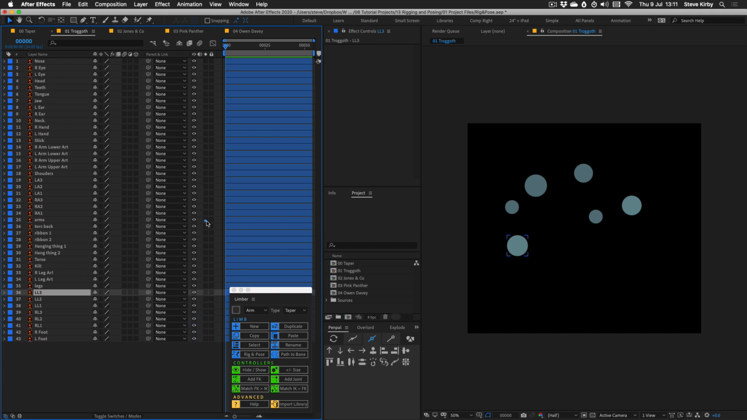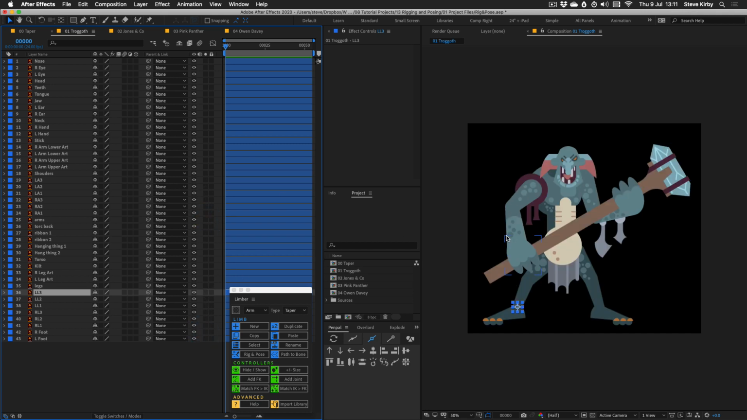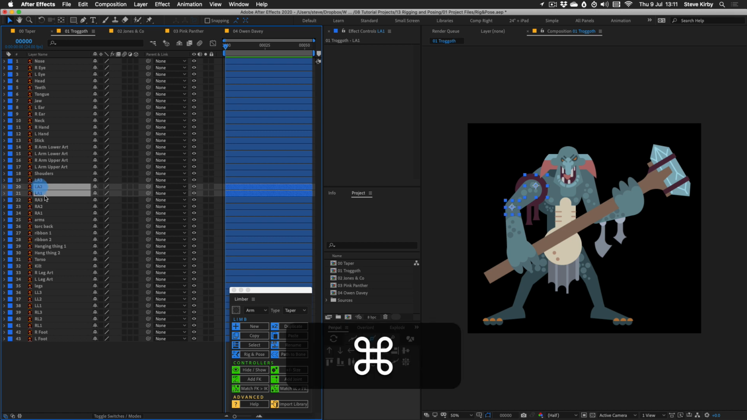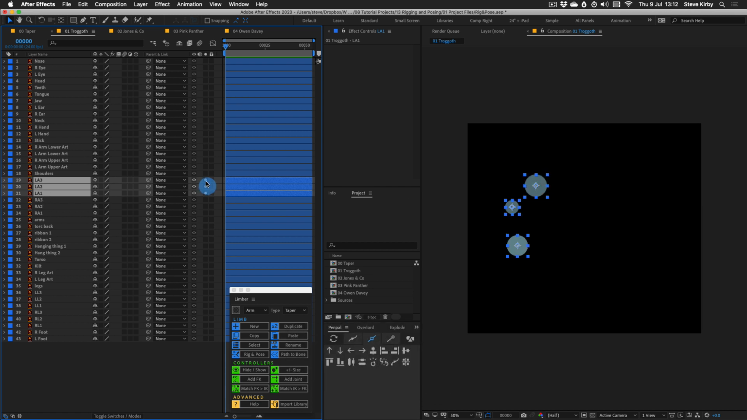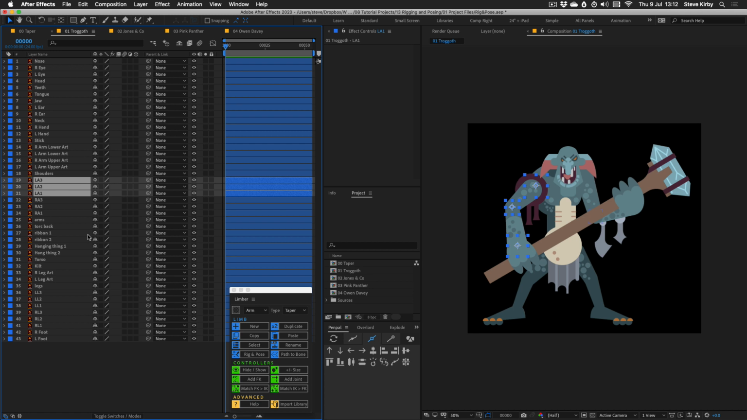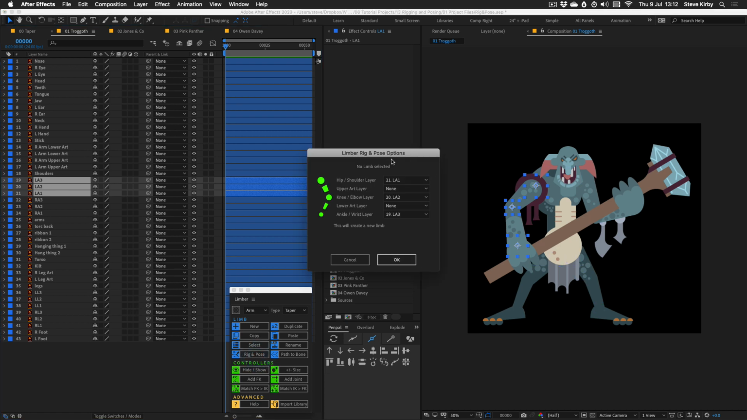So let's just show you how I would go about doing this left arm here. I would select my three circle layers in order, and that would need to be the hip or the shoulder one first, the one that's closest to the body, and then working my way down through the joint to the end. So I've selected those three circles. I'll just solo them again for you. And now that I've got them selected in the right order, I can click Rig and Pose,